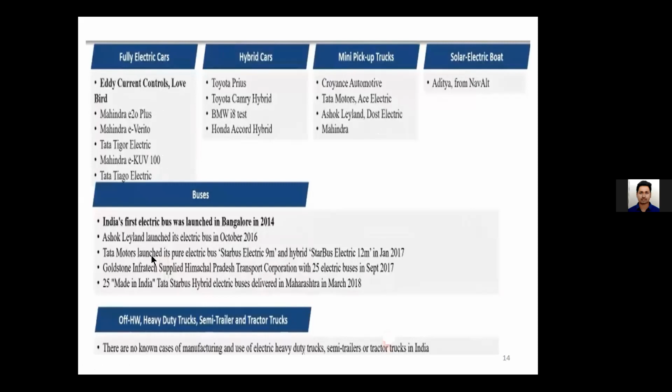Coming to off-highway or heavy-duty trucks like JCBs, the heavy vehicles used for construction purposes, in this particular sector there is not much development with respect to EVs because a lot of high-rating motors are required here. So there is no particular interest as of now, but later on it may spread to this sector.